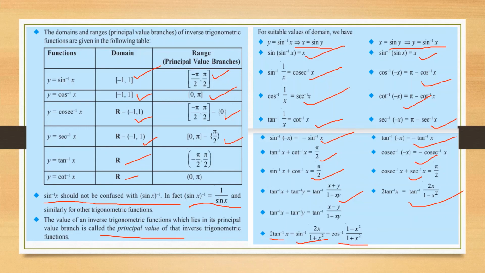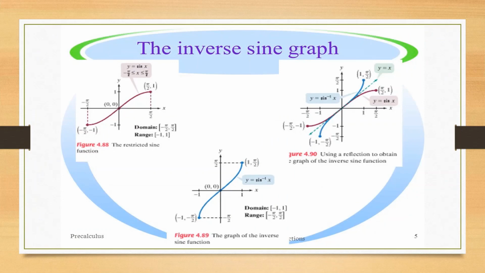Now let us recapitulate the graphs of inverse trigonometric functions. Now see the inverse sine graph. As we have understood, to make the trigonometric functions bijective, meaning both one-one and onto, we need to restrict the domain. So the domain is restricted from minus pi by 2 to pi by 2. And the range is between minus 1 and 1, a closed interval, because both end values are also included, right? And this is the graph of my sine x, right?